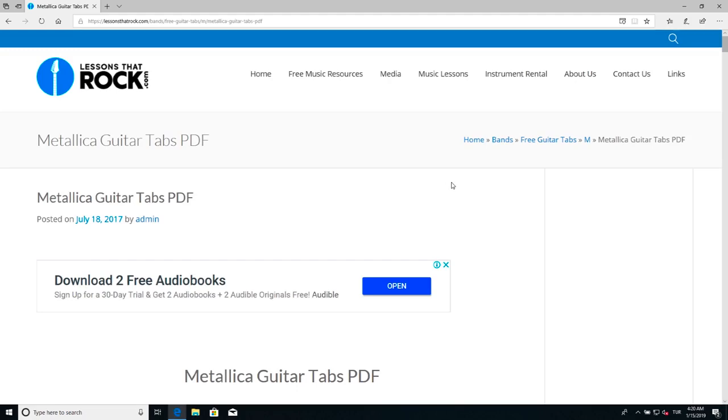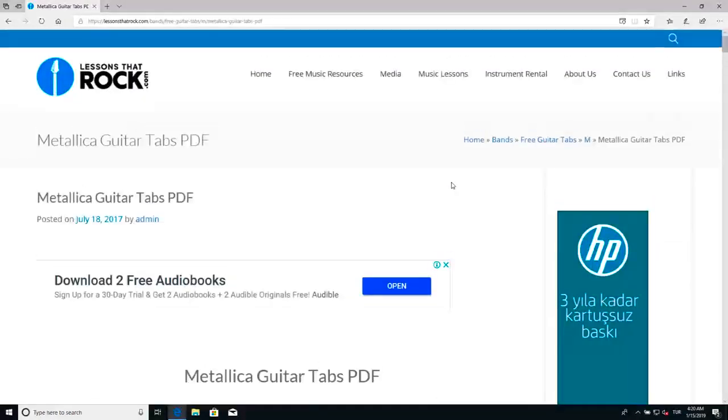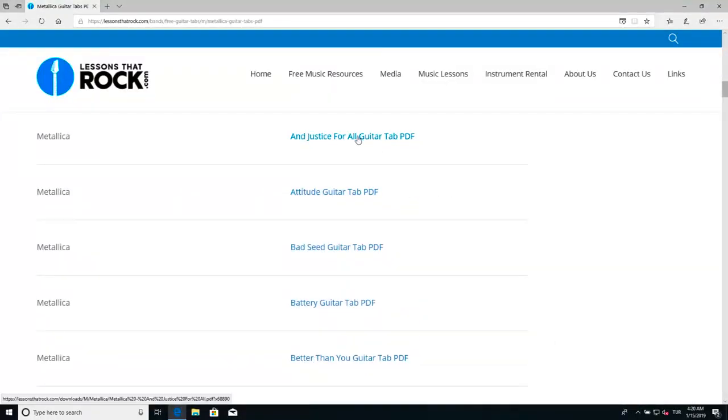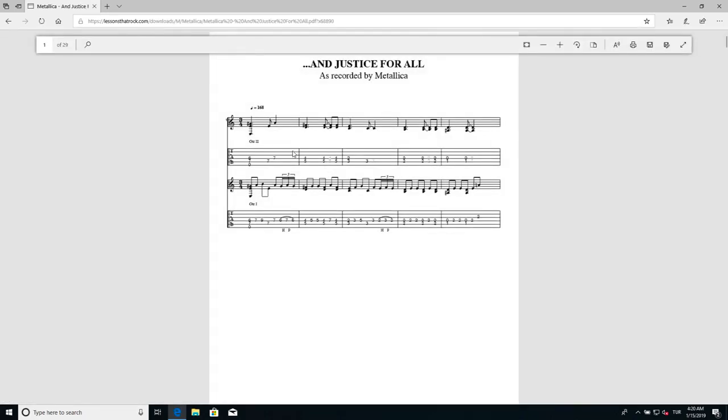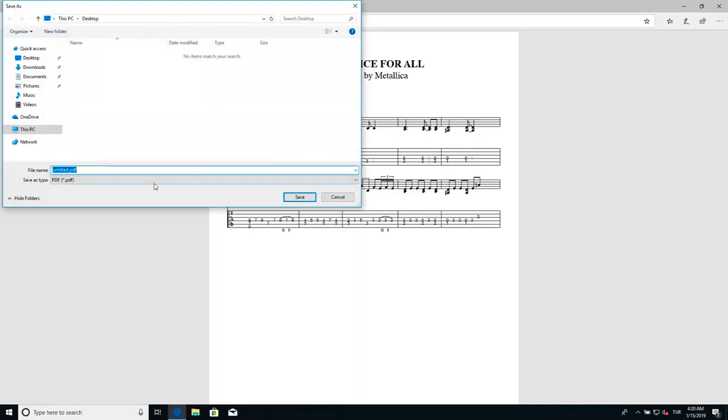I believe I have some guitar tabs in here, some notes of the Justice for All song, and I'm going to right click on here and say save as, and save this on my desktop as